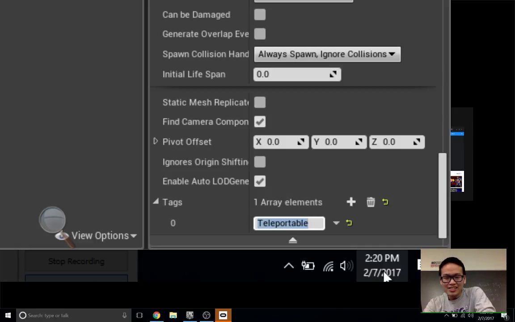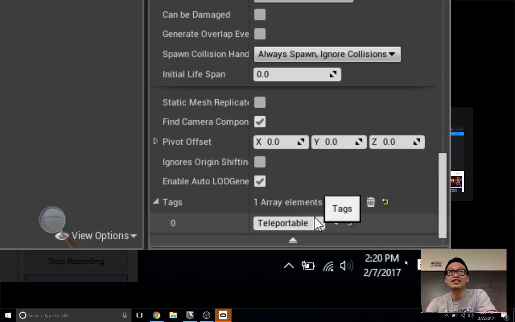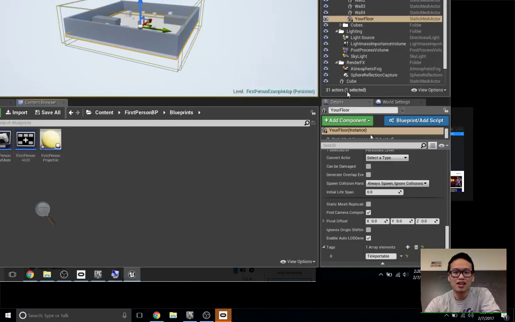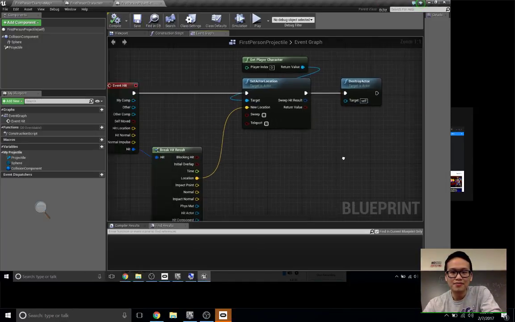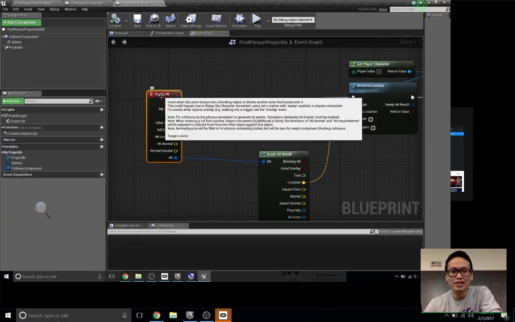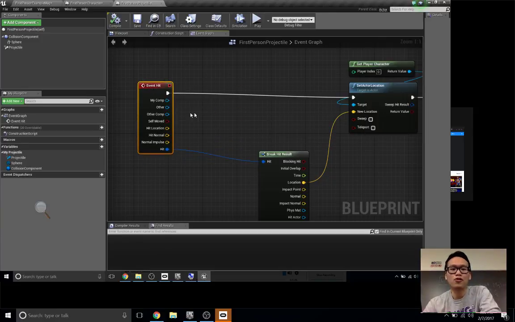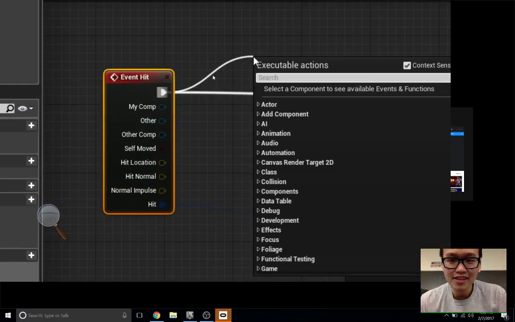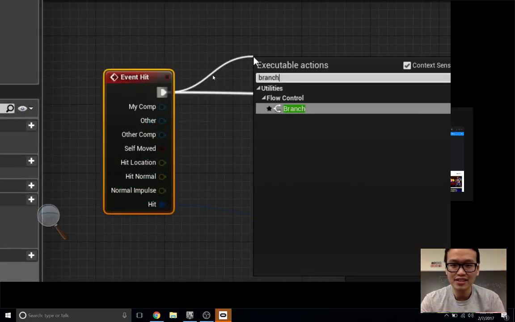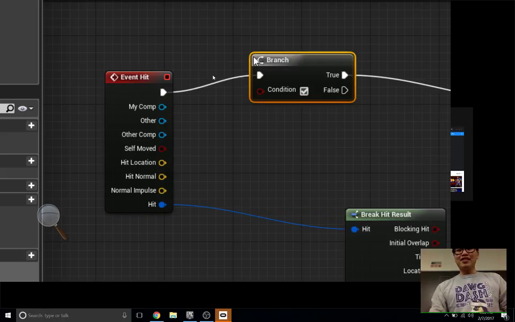So the idea here is you add a new tag, and then wherever we collide with something, we're going to check if it contains that tag. So let's go back to the first projectile. We want to do that when the event hit fires. We're going to check whether it's the floor or not. So if you drag from execute again and type in branch, this is exactly an if statement, it's just called branch in Unreal.